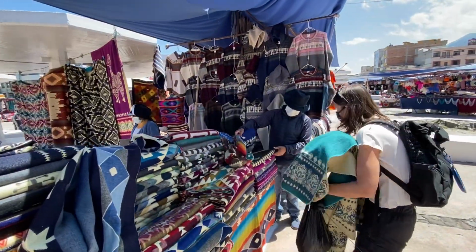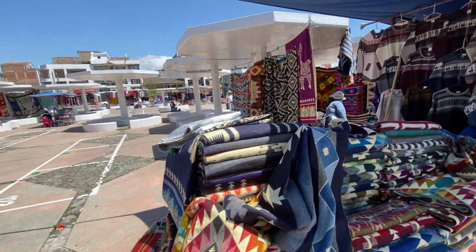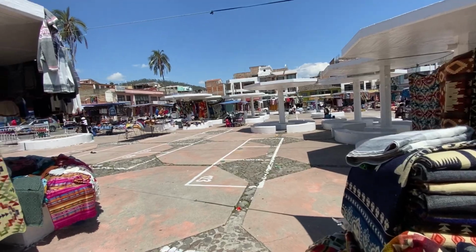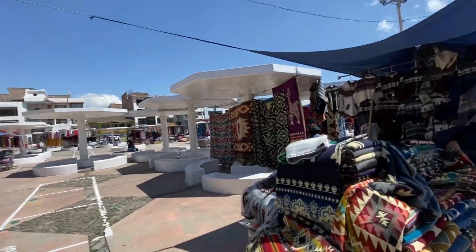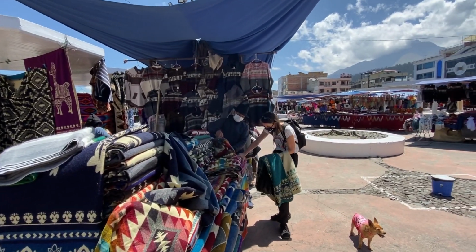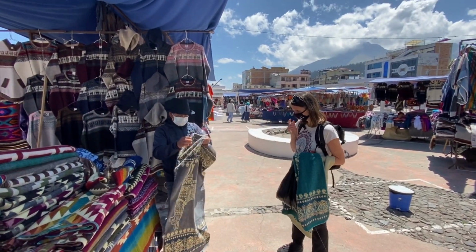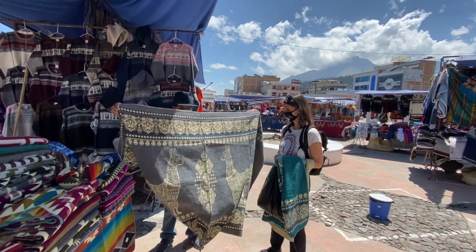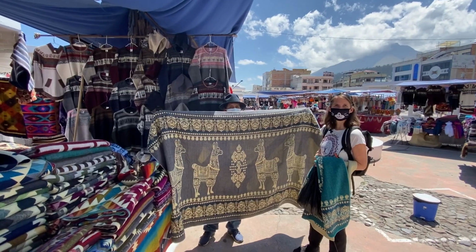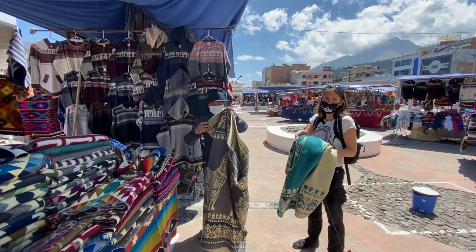Okay. So we're getting some throw blankets to watch TV with. We started off on those particular blankets at 15 each, and we're getting 2 for 20. One's got a llama. Yes, that's what I wanted, so I can see the size of it. Llama. Okay. I like it. Yeah, it'll be perfect on the couch. Won't match the couch that great, but...